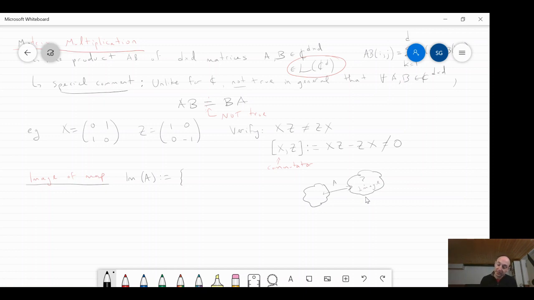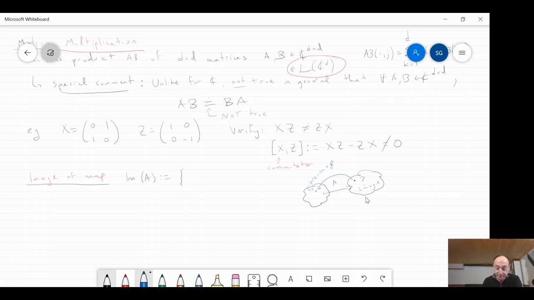And now we should be clear, of course, well, let me not say too much more than write down the formal definition of the image. It's going to be basically, how do we formally specify this? Well, it's going to be the set of all points here in this output space where there was somebody that you could have applied A to, so that you could have gone forward into this point. Okay, so that's how we're going to formally define the image of A. It's everybody basically who had a so-called pre-image under A. Okay, that's this point here.